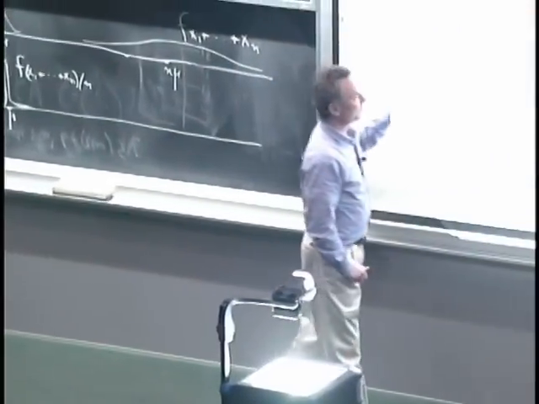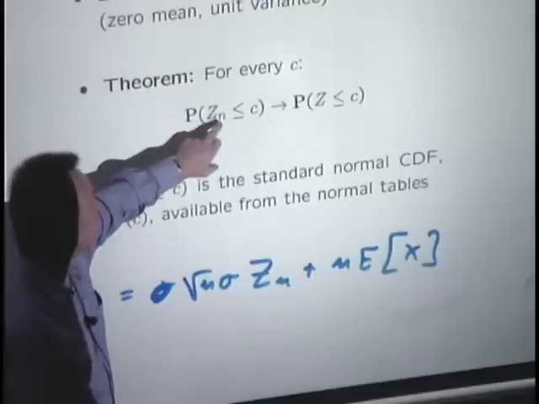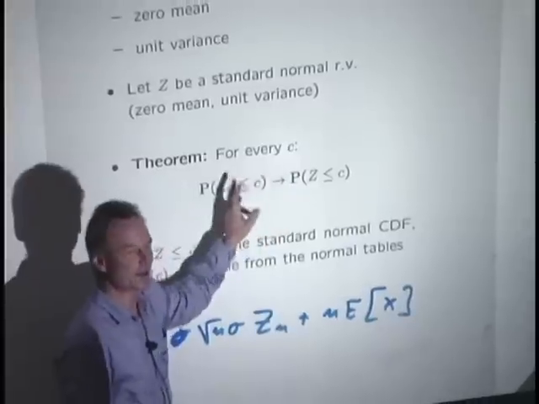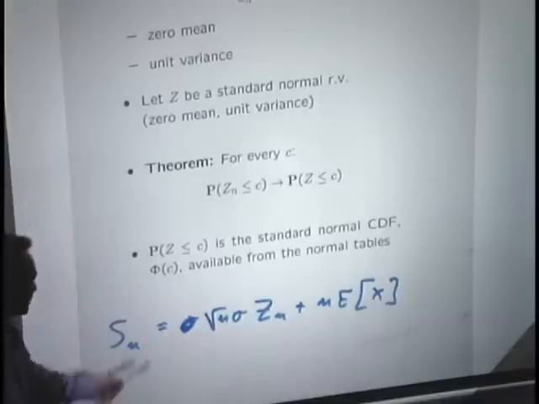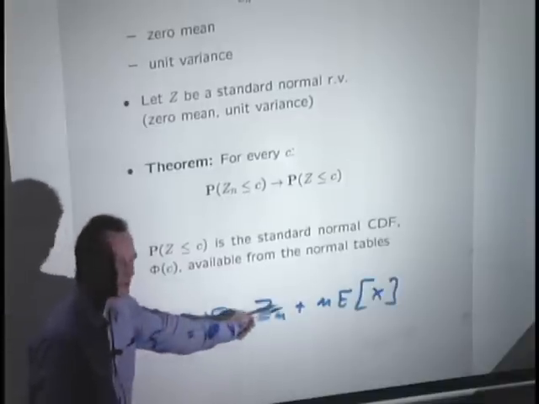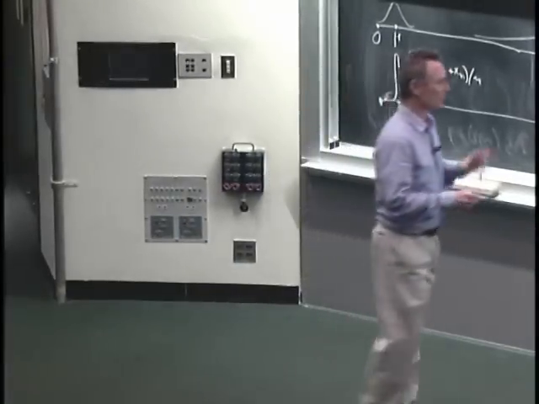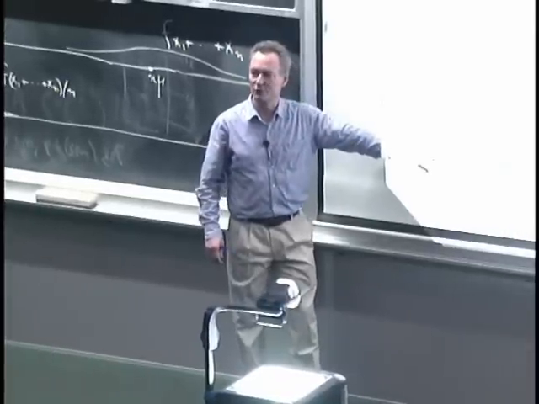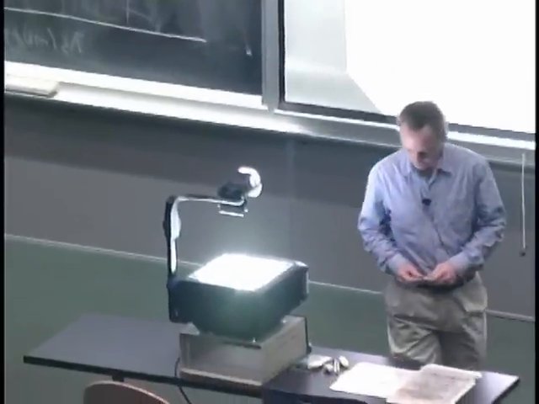At a more vague level, you could describe the central limit theorem as saying the following. When n is large, you can pretend that Zn is a standard normal random variable and do the calculations as if Zn were standard normal. Now, pretending that Zn is normal is the same as pretending that Sn is normal, because Sn is a linear function of Zn. And we know that linear functions of normal random variables are normal. So the central limit theorem essentially tells us that we can pretend that Sn is a normal random variable and do the calculations just as if it were a normal random variable.